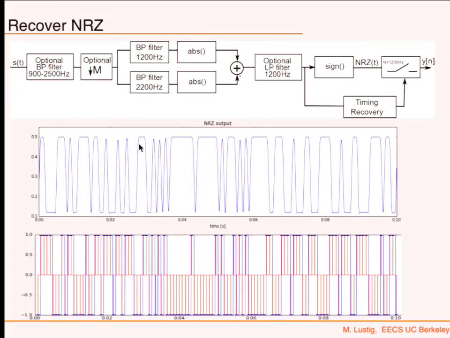Okay? Any questions? And then you're going to display these kind of curves where you overlay the NRZ and a stem plot. So you can see that they're sampling at the right positions. And that's easy at 4800. It's a little bit more complicated at 44.1, because it doesn't happen exactly, so you have to make sure that you have something that accumulates at a certain rate, and then it doesn't drift.